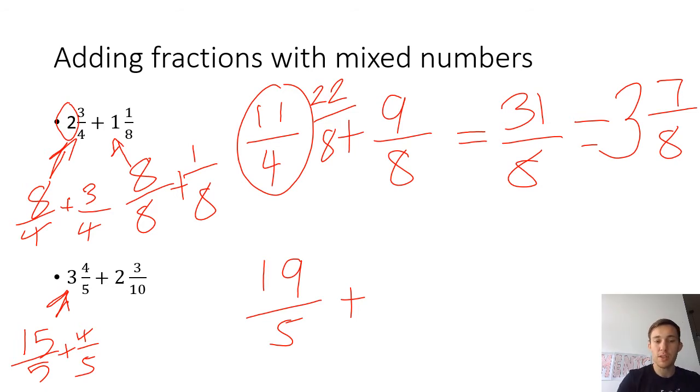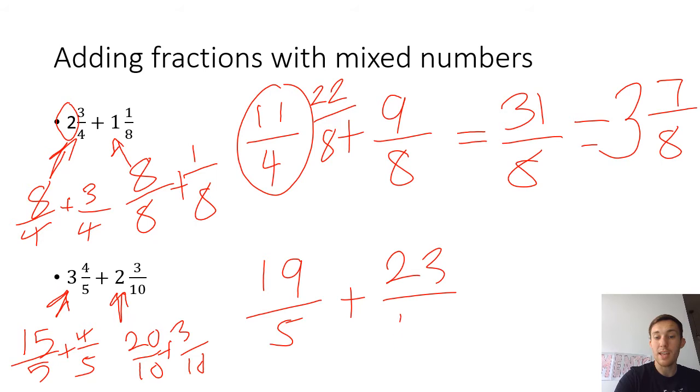So my 2 wholes, this one this time is split into tenths, so therefore 10, 20, so that two wholes there is going to be 20/10. And then we've got our 3/10 left, so need to add that on. So that would mean we have got 23/10 altogether. Okay, so now again, I don't have the same denominators, so I need to convert one of them